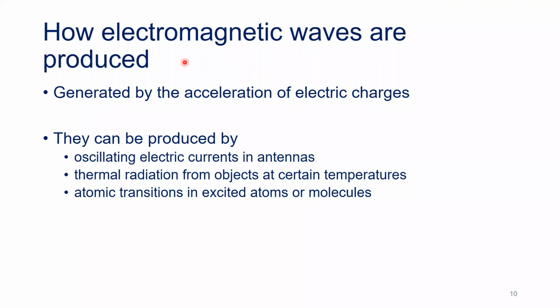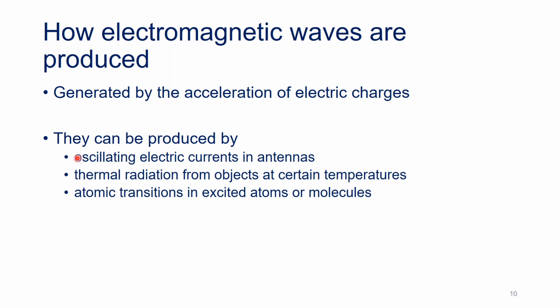So just to revise how electromagnetic waves are produced, we have seen that they are generated by the acceleration of electric charges, whether positive or negative charges. When the charges move with a specific speed and in a specific direction, we call it an acceleration of the electric charges, and with that, the electromagnetic fields surrounding those charges get disturbed, and that allows them to propagate